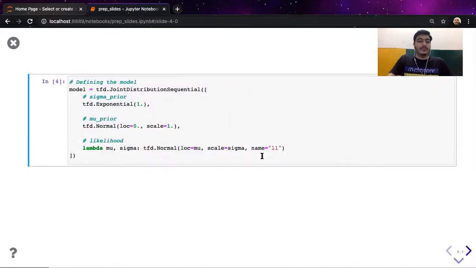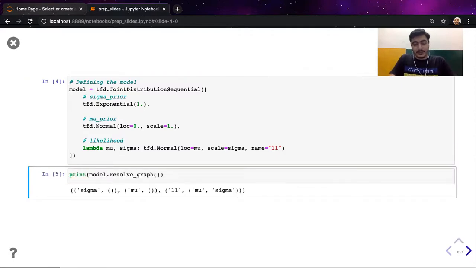Here we are defining the data generative process which might be going on underneath. Since we know sigma, the so-called spread of the data, is positively constrained, we can make use of an exponential distribution. We can make use of any priors, but here I'm just using the normal one for the mean, with location as the mean and scale as the standard normal one. I'm just passing these priors to the likelihood and then passing the data to compute the exact term. TensorFlow Probability helps us in a better way connecting these priors and likelihoods to define our joint model.